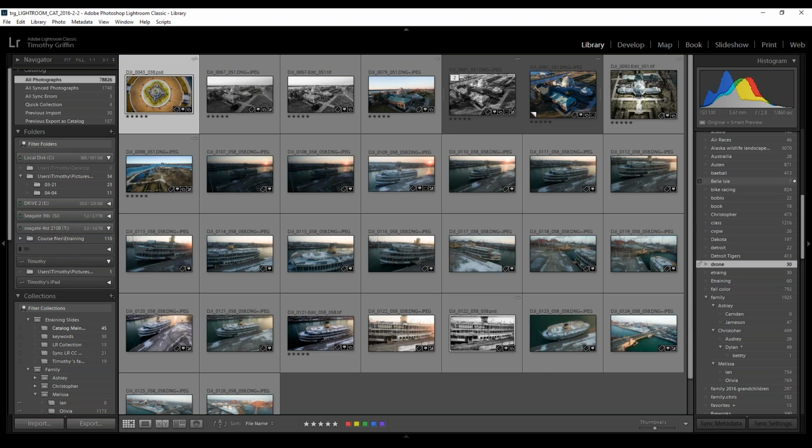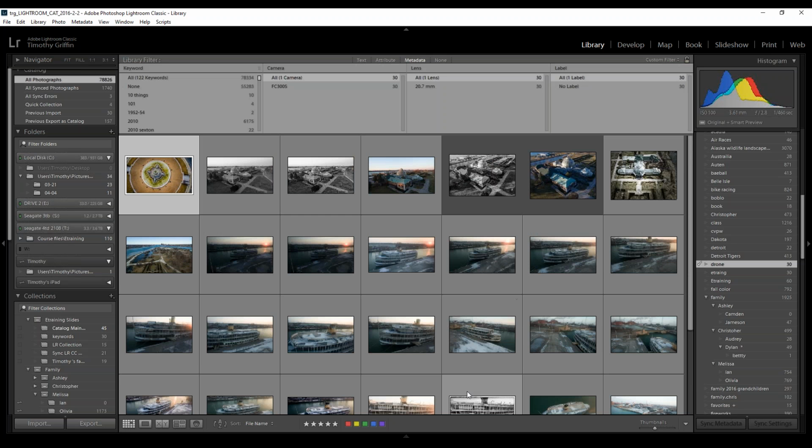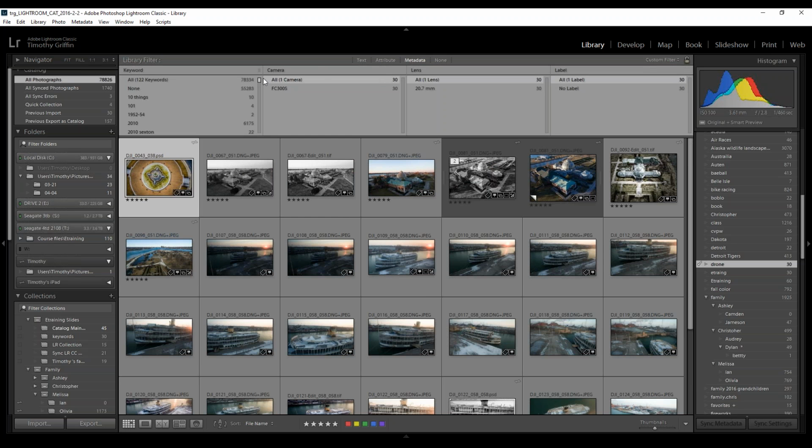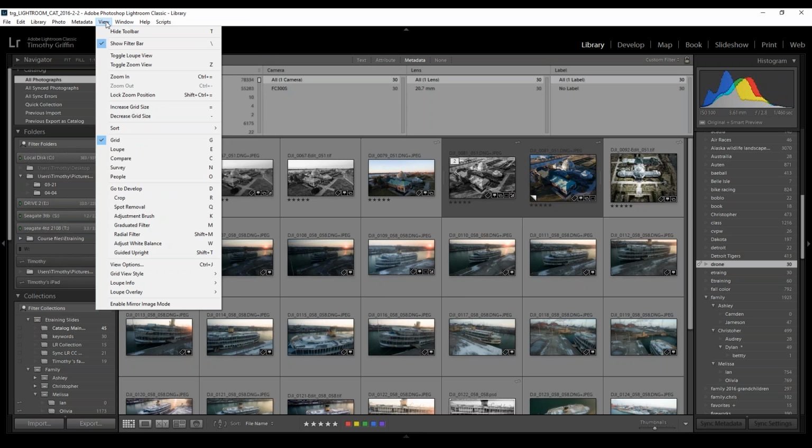So that's one way to find them. The other method is to use the library filter bar. And that's this bar up here at the top. If you don't see it and want to turn it on, I go to View, Show Filter Bar,